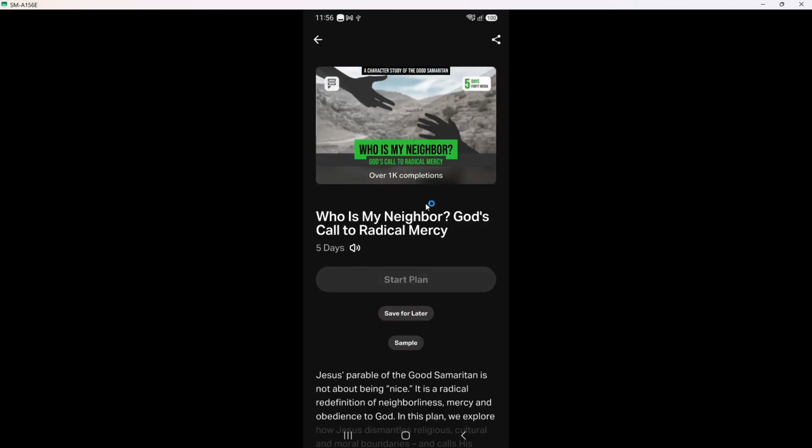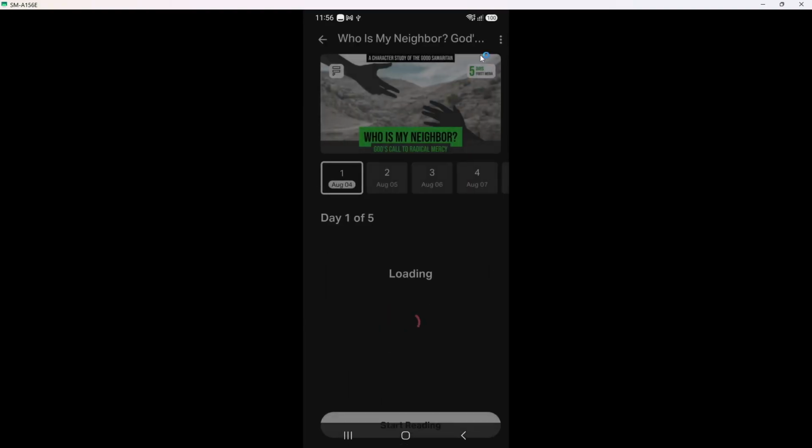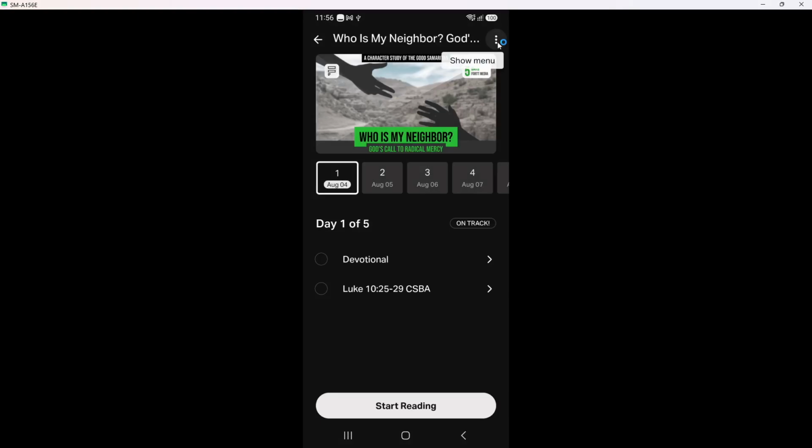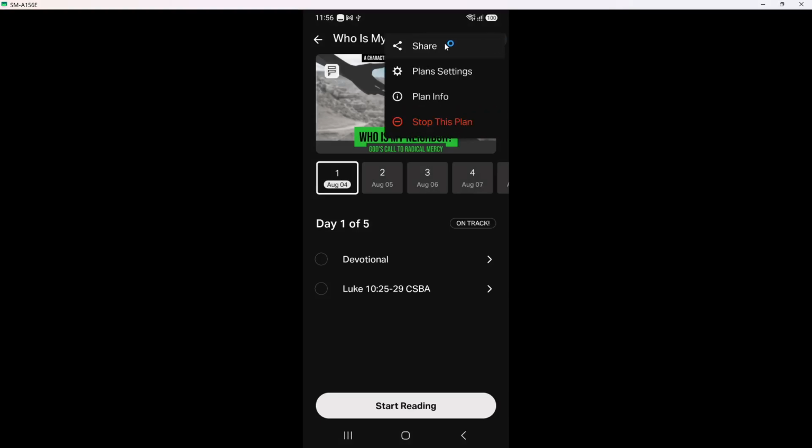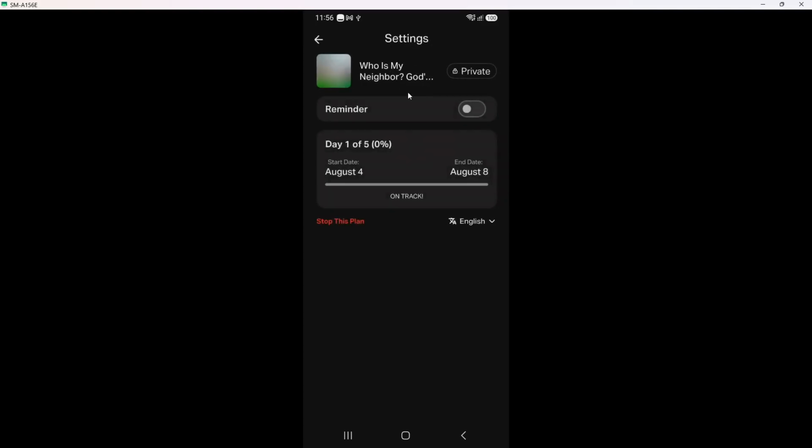After that, choose a start date. The app will usually highlight today by default, but you can tap another day on the calendar if you want to start later. Picking a future date can help if you are giving your friends time to accept the invite. Everyone in the group will see the same start date and schedule for that plan.